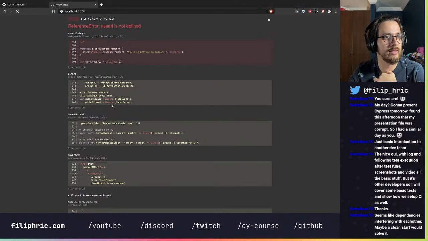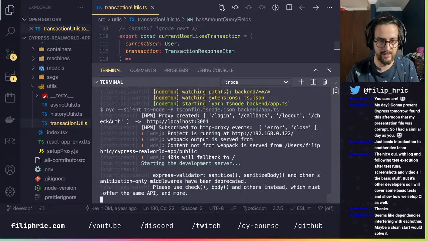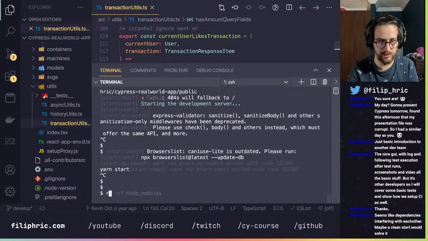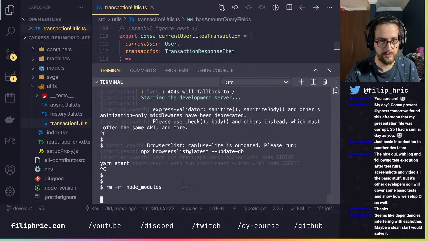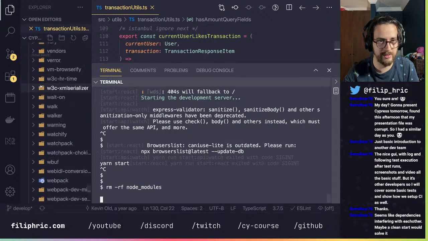Yeah, it seems like there are dependencies interfering with each other, but I already removed all of the modules and started again, but that didn't seem to help.